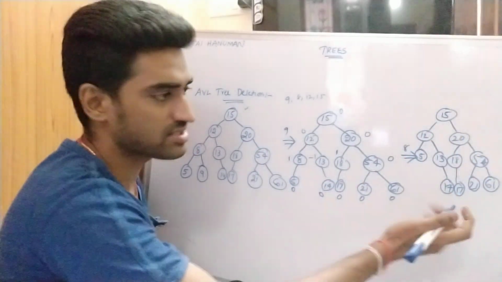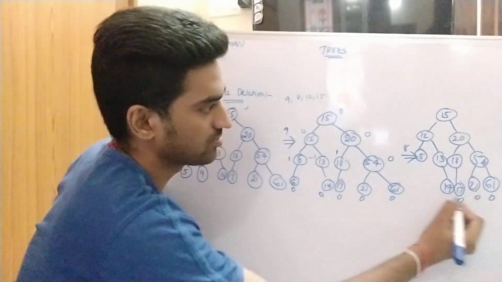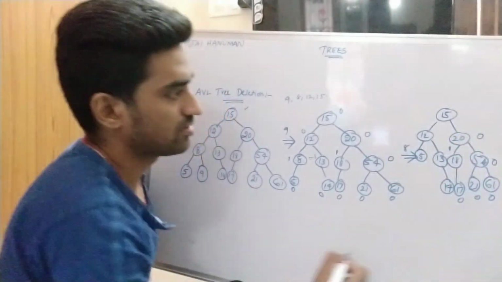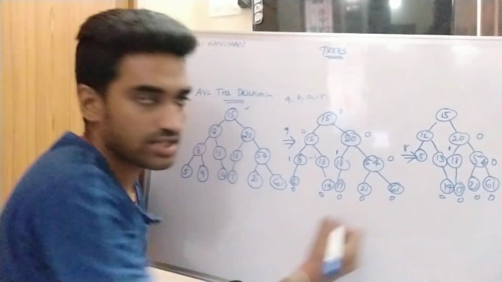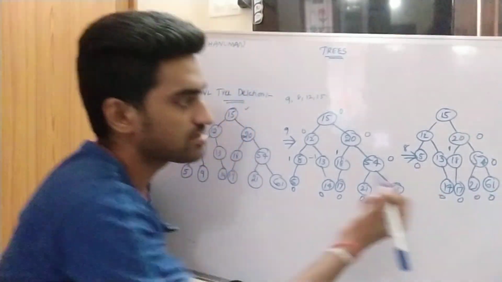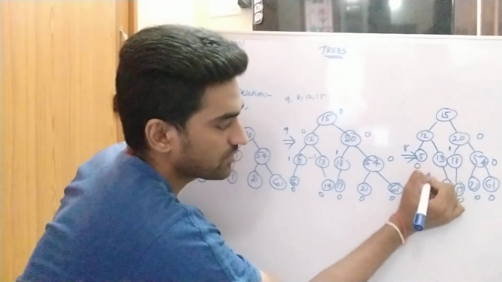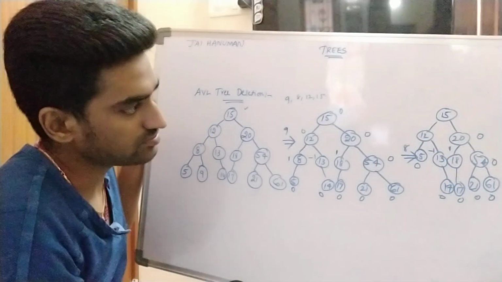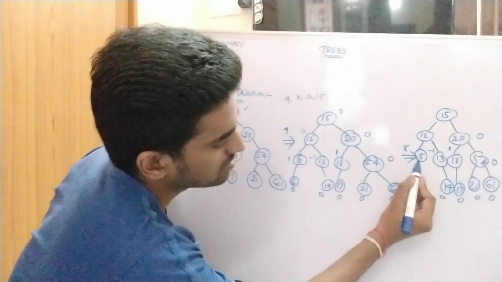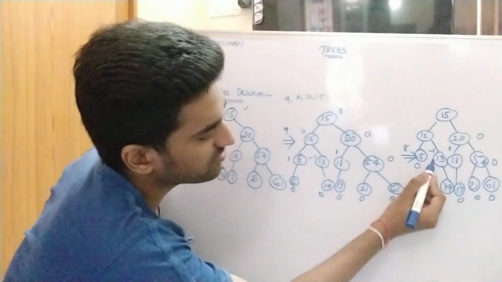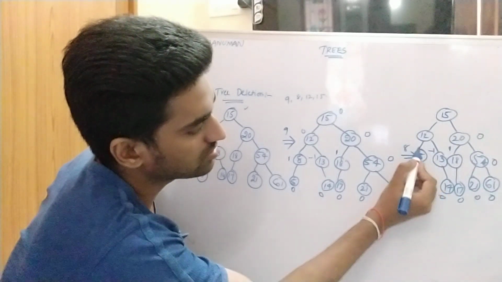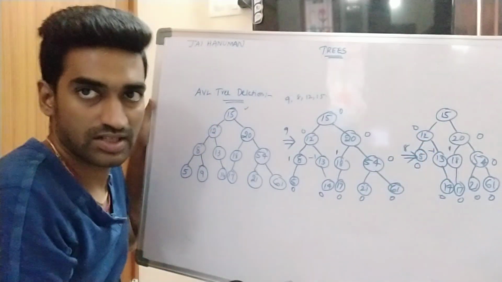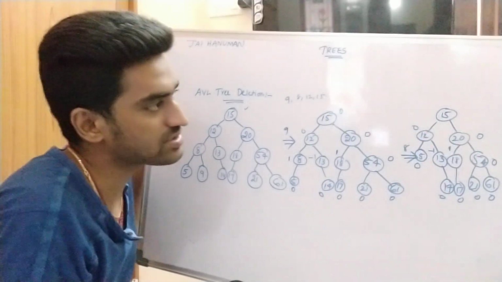Balancing factor for right subtree is same, 0, 0, 0, 0, 1, 0, right? So here for this leaf node also 0. For this one, this is also leaf node, 0. For this one, left subtree 0 minus 1, minus 1. For this one, 0 minus 1, minus 1. 0, 0, 1. So 1 minus 1, 0. Height of left subtree minus height of right subtree. 1 minus 1, 0. Fine.